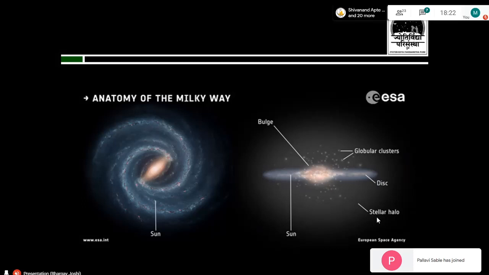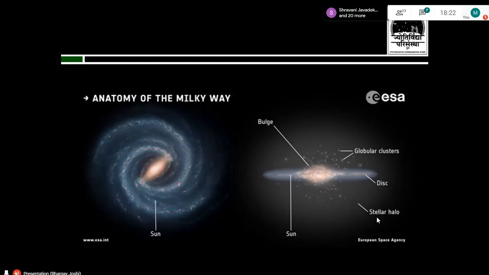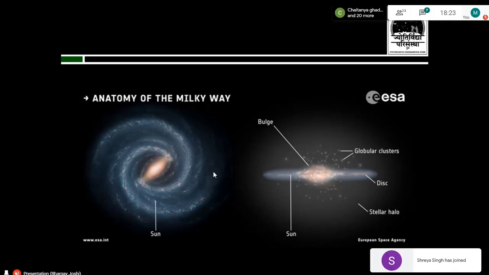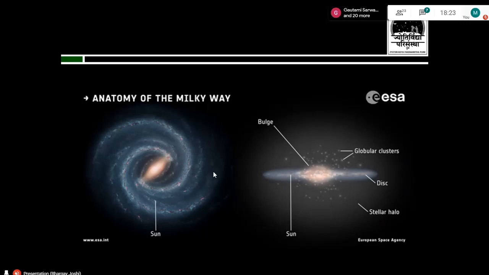The diameter of the Milky Way is 1 lakh light years, 100,000 light years. So imagine if you want to go from this side to that side at the speed of light, you would still need 1 lakh years to cross the Milky Way. That is how huge, how gigantic it is. And our sun is just a minor average star among all the billions of stars in the Milky Way galaxy. And this is the next line of the cosmic address, the Milky Way.